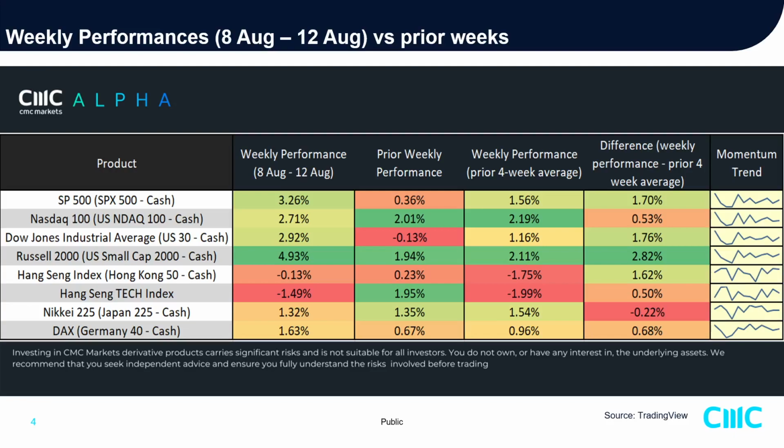All right. And pretty lackluster movement on the Hang Seng Index and the Hang Seng Tech Index, still pretty much unchanged. Last week, a negative 0.13%. The underperformer is the Hang Seng Tech Index at negative 1.5%. As you all know, one of the reasons could be this impending US big tech earnings that is due to release later part of this month.